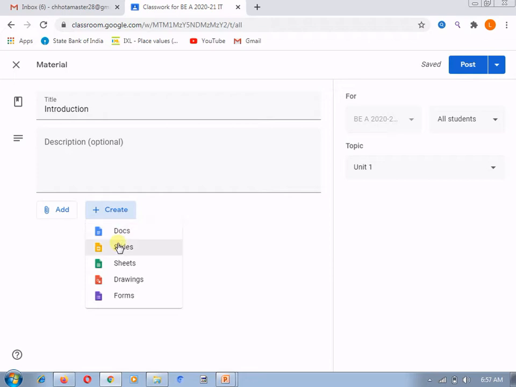You can prepare your own slides, you can prepare your own sheet, you can draw your own diagrams. Suppose in the introduction some topics require a diagram, for example the architecture and these types of topics from your syllabus, for which you can draw your own diagrams, and also you can upload a survey form as well for the requisites of the particular topic. So in this way you can add any type of material over here.